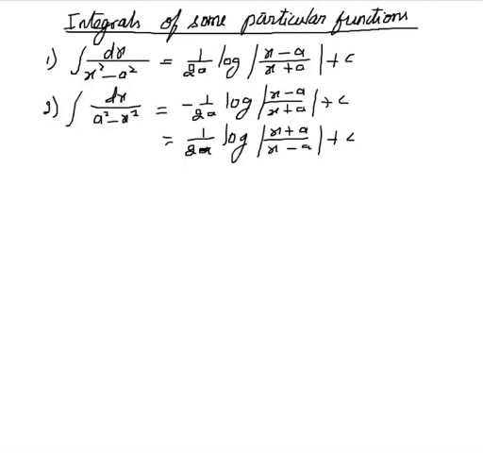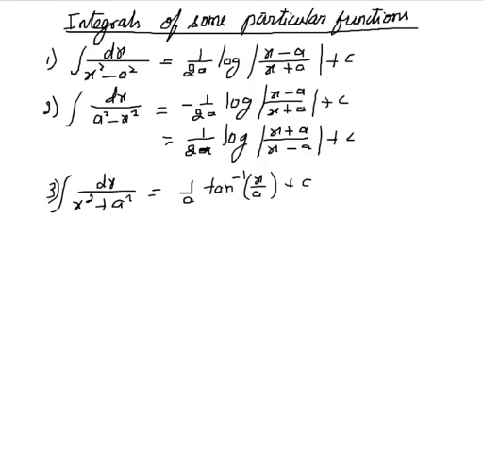Because we have absolute value function, this can also be written as a plus x divided by a minus x. Does not matter because of the absolute value sign. Then third formula, integral dx divided by x square plus a square, 1 by a tan inverse of x by a